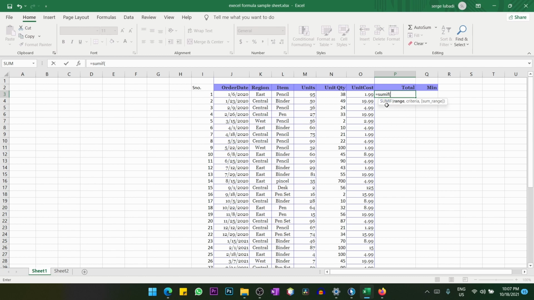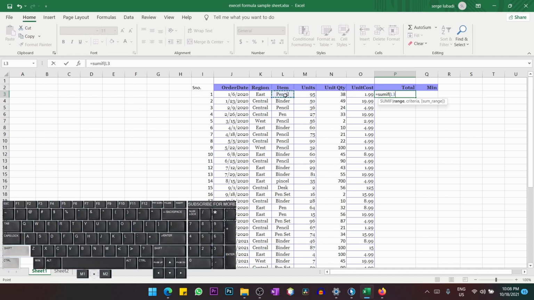So we are going to give the range. Now I want to get all the pencils from this column here, starting from this cell. So guys, I need your attention here. You see here we have a little bit more data than in the previous table. So instead of just double clicking and dragging all the way down, I will just press on the first cell from where I want my range to begin, then press Ctrl Shift and